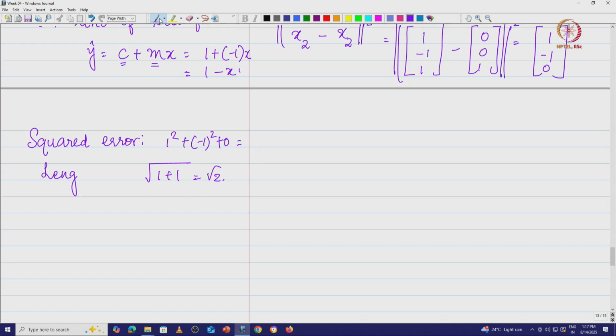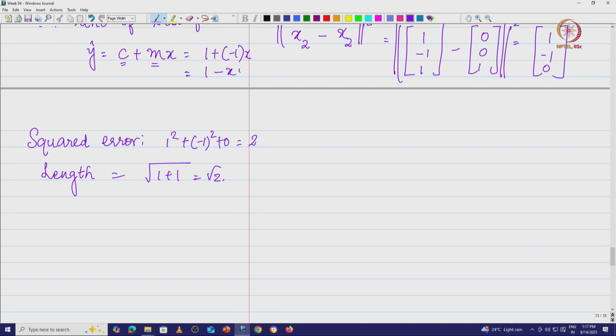So, what do we have? The length of the error vector is going to be the square root of 1 plus 1, which is basically root 2, right. Now, this is interesting because this is the smallest squared error that you can get. You put any other values of x in this expression, c plus mx is equal to y hat, and then collect the vectors, you are going to get a different length, which is going to be larger than the square root of 2. So, that is more important.